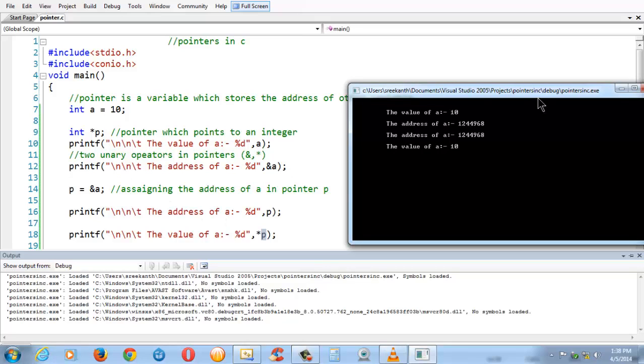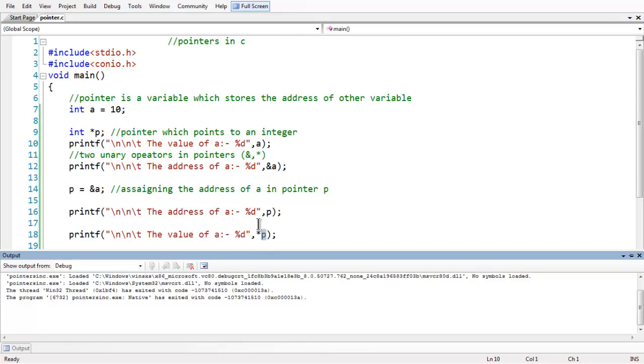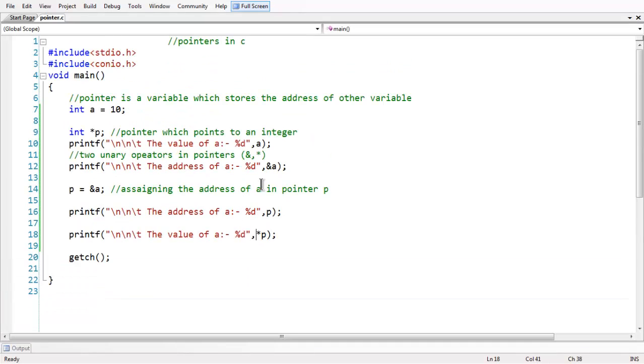Okay, so the underlying concept is, here the pointer holds the address of the variable A. That means that pointer points to that location where the value is stored. To retrieve that value, you have to use the asterisk operator. To retrieve the address, you use the ampersand operator to retrieve the address of that memory